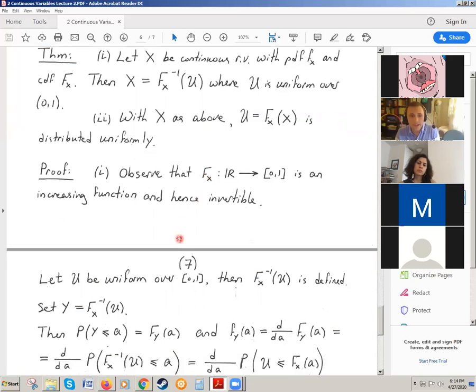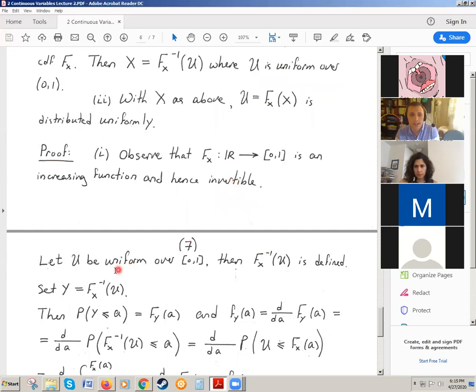So the inverse function has 0, 1 as its domain, and its range is some subset of real numbers, right? It just goes in the other direction. Actually, not some subset, you might say it's all real numbers, because this function can take any real number and transform it in between 0, 1. So the inverse takes numbers between 0 and 1 and maps them in one-to-one fashion onto R. So I can set y equal to f inverse of u.